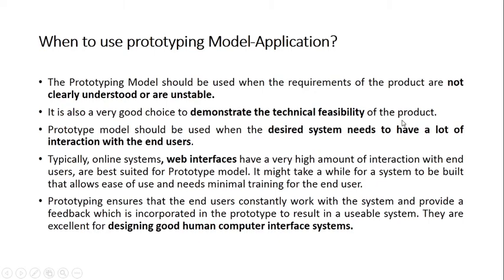Say the customer gave us a problem, and now we have to check whether it is feasible or not. Verbally nothing is possible. You cannot say, with just the problem statement, whether it is feasible or not. You have to show something practically, whether it is working or not. Prototyping is one way where we develop a working model with shortcuts and limited functionality, and we can check whether it can be implemented or not. So this is what technical feasibility is. We can demonstrate that yes, it is working, so we will be developing the original system. But if it is not working using this prototype, we would unnecessarily be wasting our resources in developing the original system.